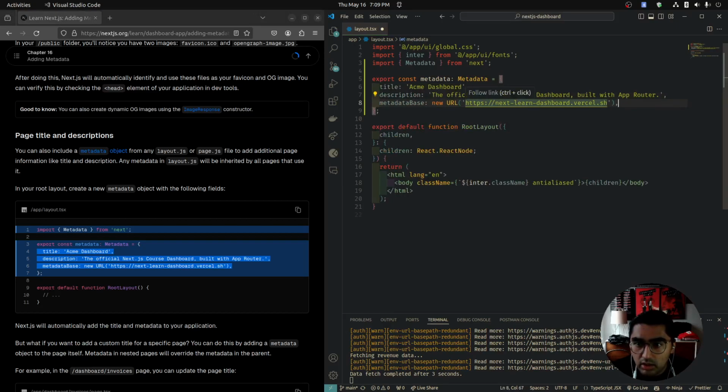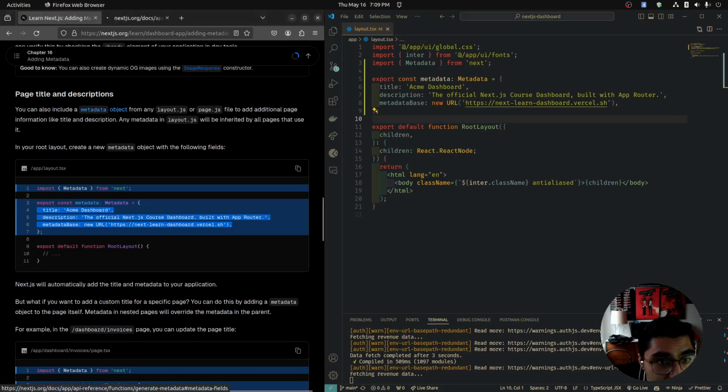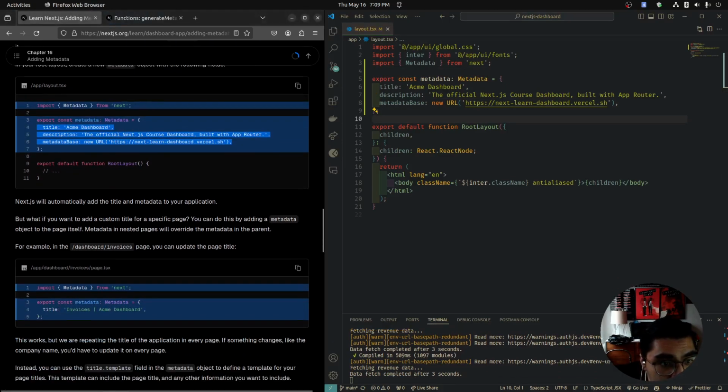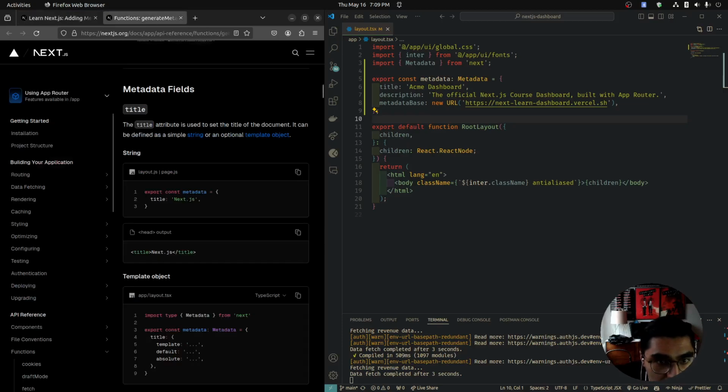It looks like that's our... we'll explain it. Let's see here. Next.js will automatically add a title and metadata to your application. But what if you want to add a title for a specific page? Let's freeze on that. Let's look at